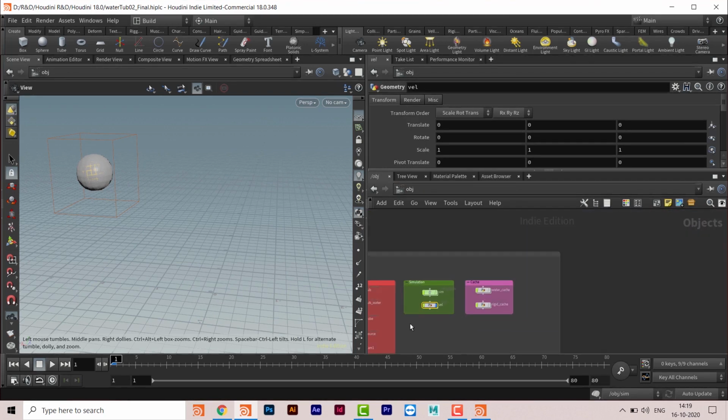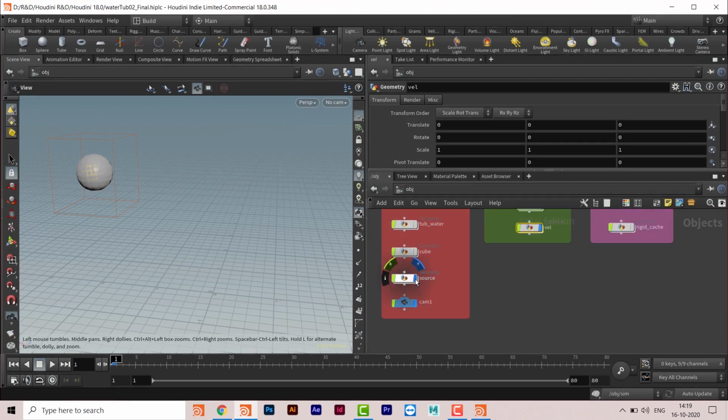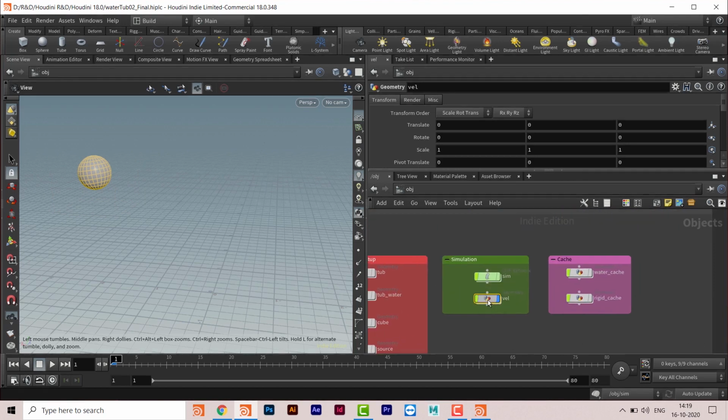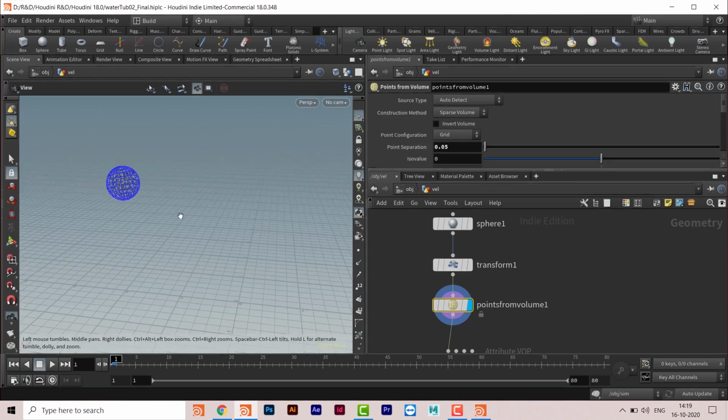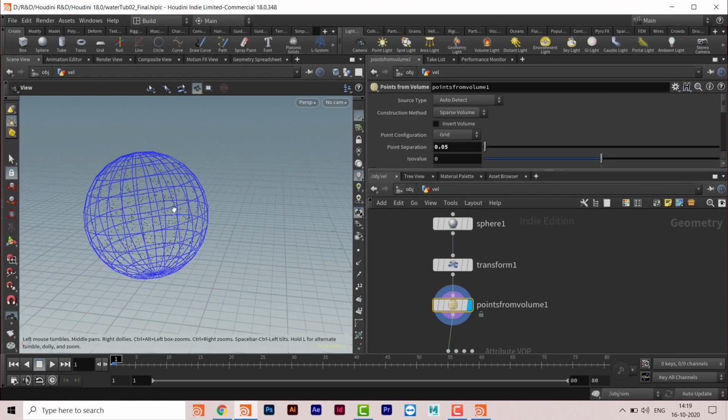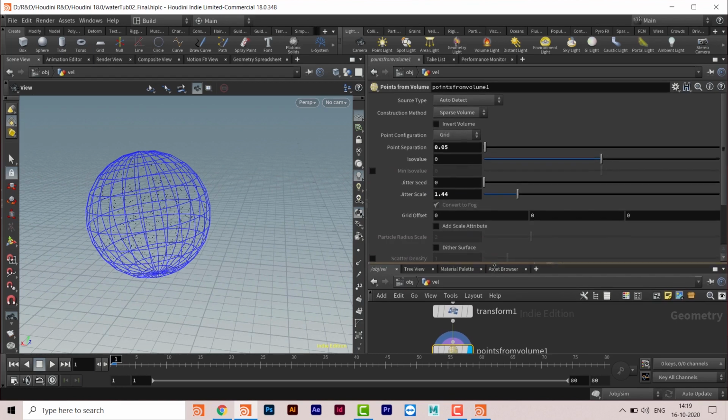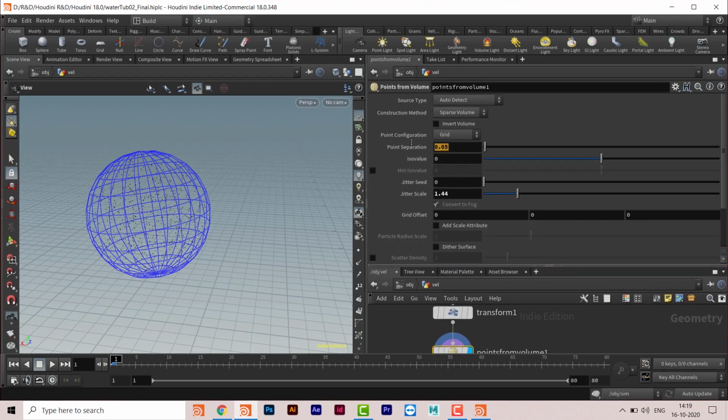Okay, so that was the transform, and then the points were taken. If we go close to it, we can see points are there. I just decreased the value of the point separation. We can also connect this value with the object, but I didn't do that. Maybe I wanted to tackle the situation separately. It is not necessary to connect these values together, because it is up to you how many points you really want to use here.